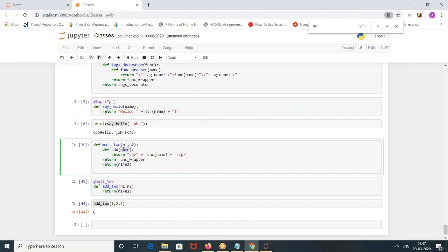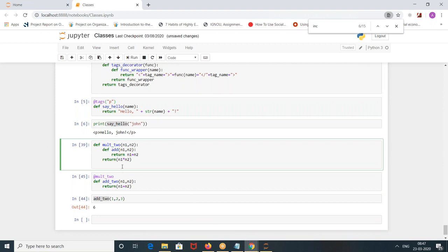Add within that again two variables n1, n2, return n1 plus n2, return add. Calling this here, it will throw an error.